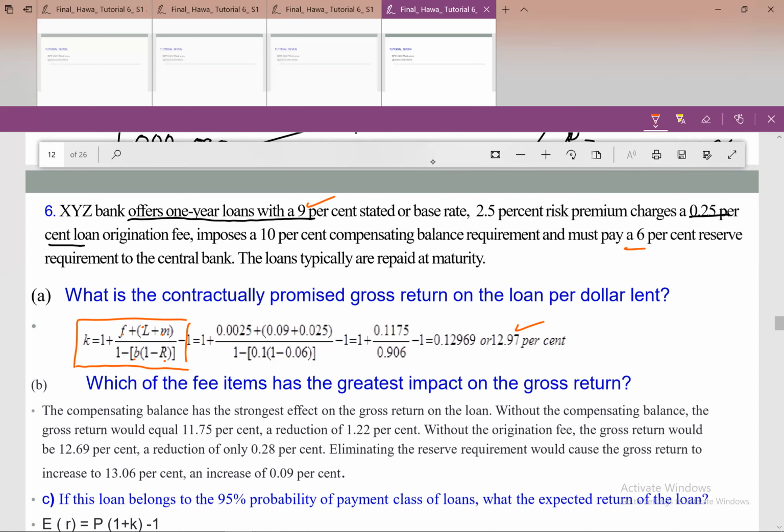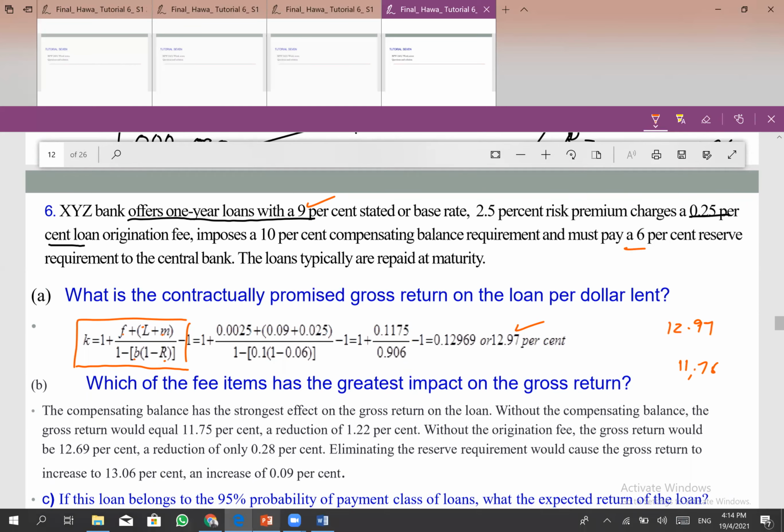Excuse me, if I calculate without the B, the compensation balance, the rate will drop from 12.97 to 11.75, which means